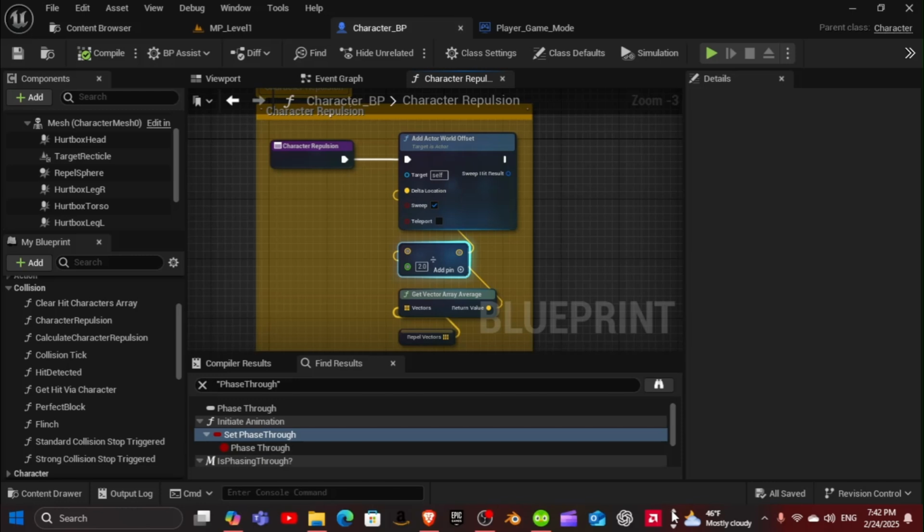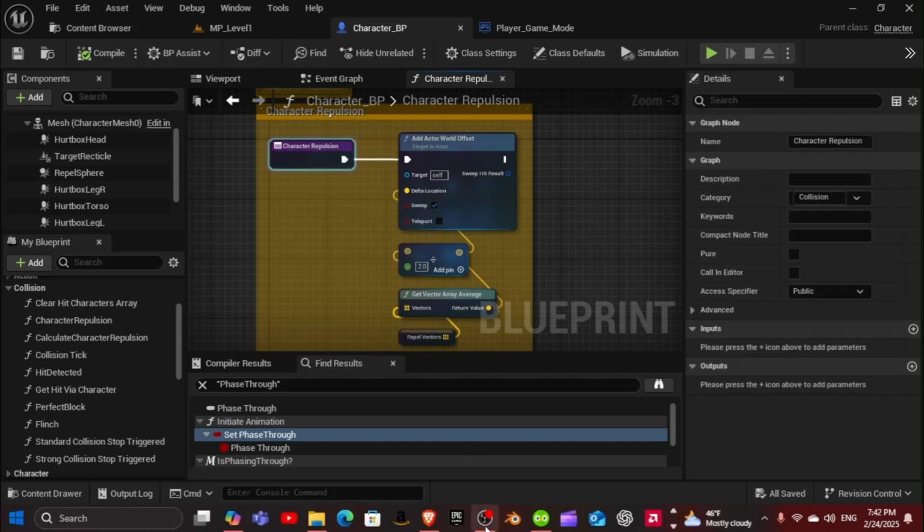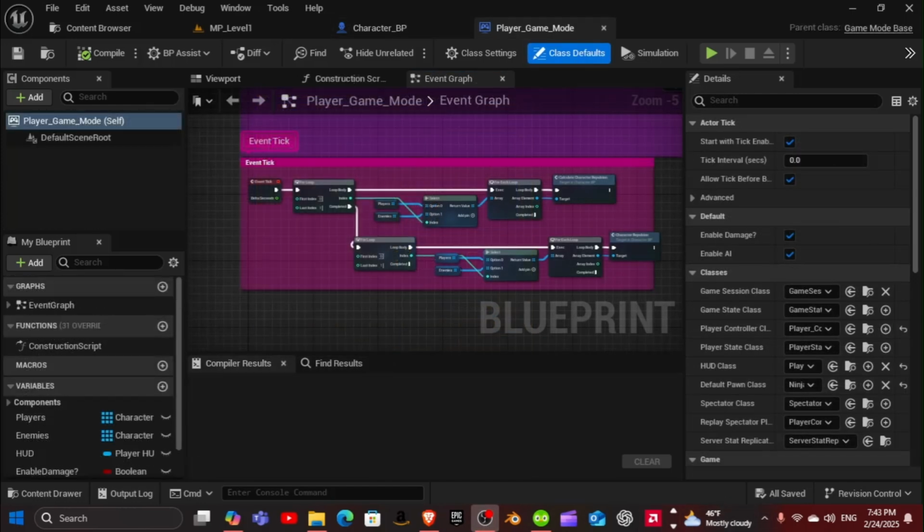Now that I've explained to you what the character repulsion function does, I'll explain to you how it works in using the player game mode to access this function along with the calculate character repulsion. Alright, so we're on the player game mode blueprint,